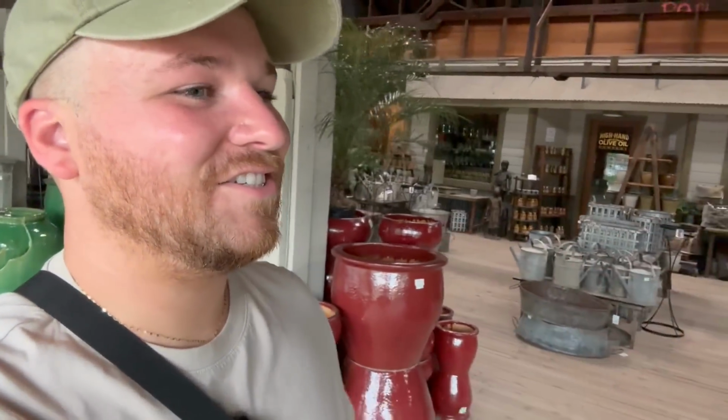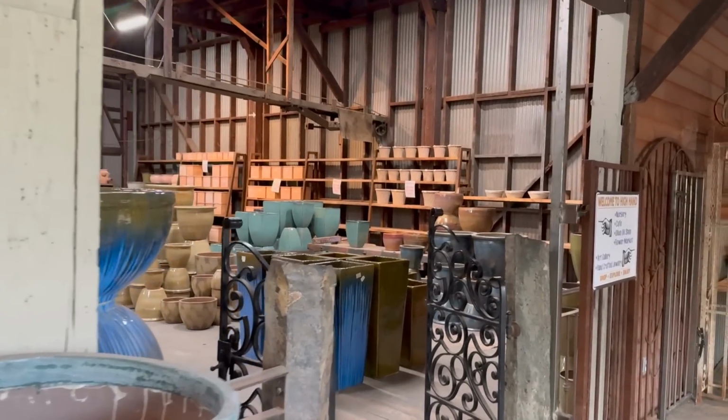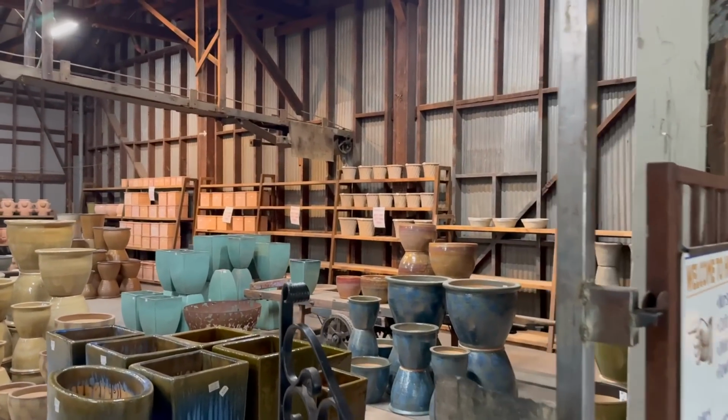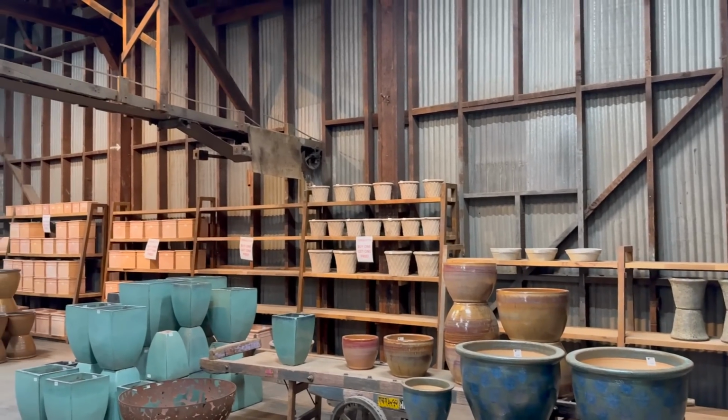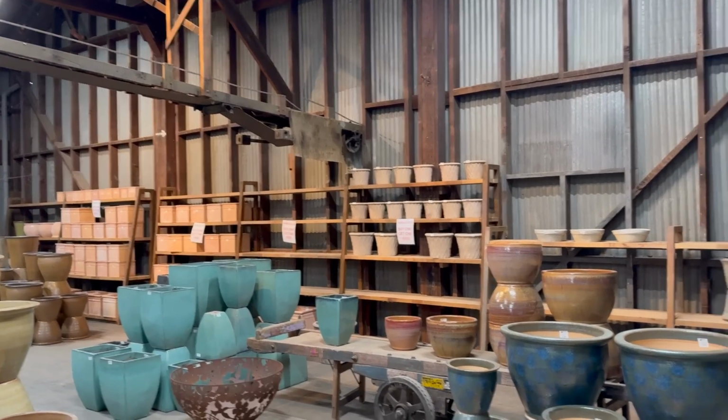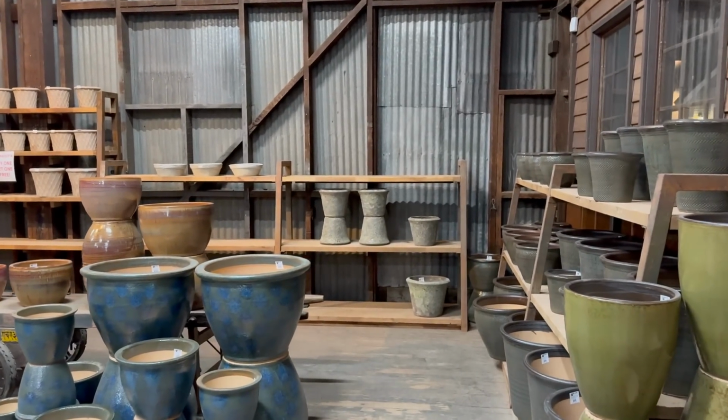And that fountain right there was $1,600. Just for a comparison, if you saw the last video that we did where we went fountain shopping. And then this is all their containers, and the terracotta is still buy one, get one free. Oh my gosh. So they've cleared out almost everything of their terracotta, because these shelves were full of terracotta, and